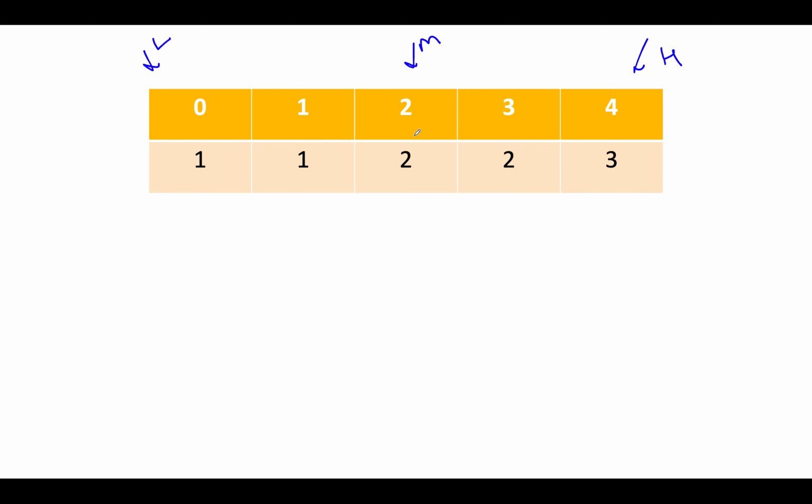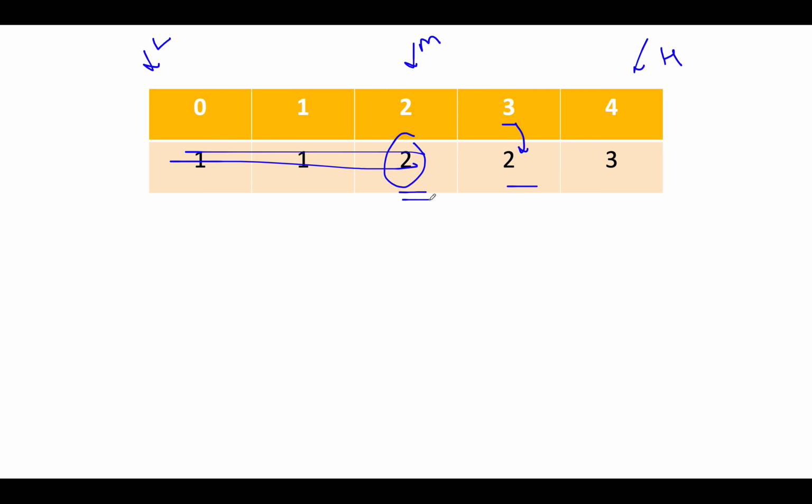So what is the middle element? The middle element happens to be 2. So we compare it with the immediate right one, and the immediate right one is 3, and at 3 we have 2 again. So these two happen to be equal. So what can we do in such cases? We can simply discard the leftmost part of it. So all these elements can be discarded because the answer won't lie over here.